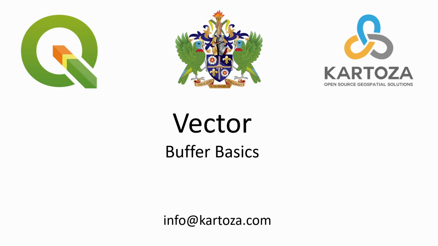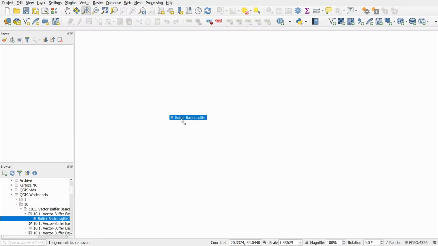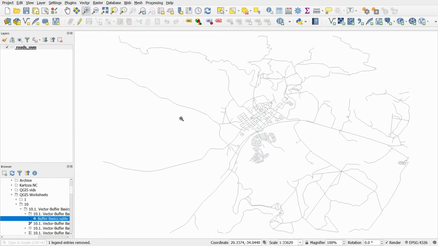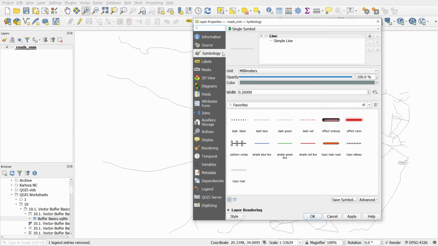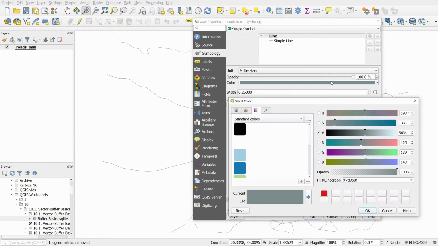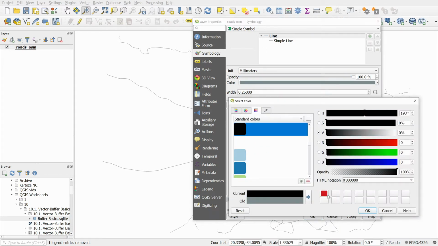In this video, I will show you how to create different types of buffers and buffer basics in QGIS. Load the exercise data into QGIS. You can see that a roads layer is drawn in the map canvas. Double-click on the roads layer and open the symbology tab. And I'd just like to change the color of the roads to black so that they're easier to see and